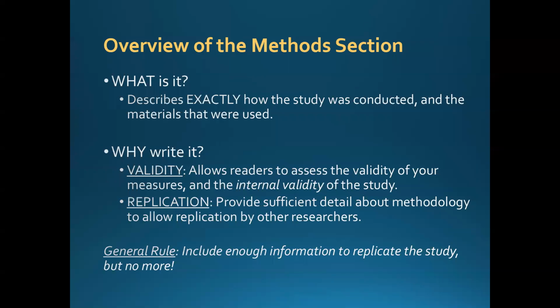How valid were the measures, right? Did you just randomly come up with some measures that make no sense? Now, most groups did come up with their own dependent variable and questions to assess their dependent variable. But typically in a published paper, you wouldn't just willy-nilly ask some random questions without first either validating those questions in some pilot testing, or you would most likely just use other materials that other researchers have used. And also the internal validity of the study.